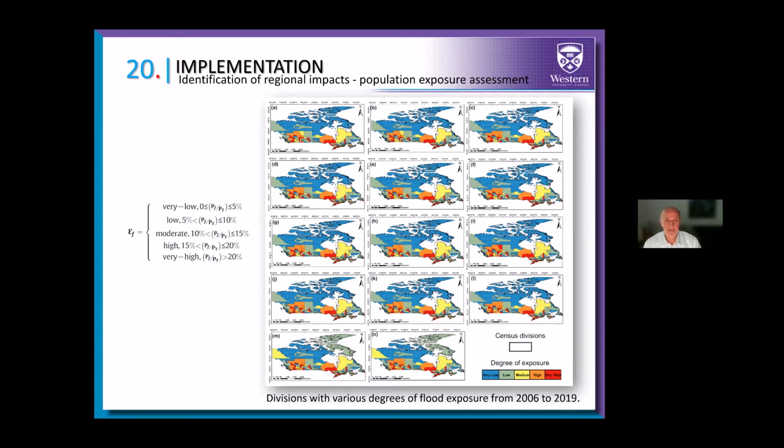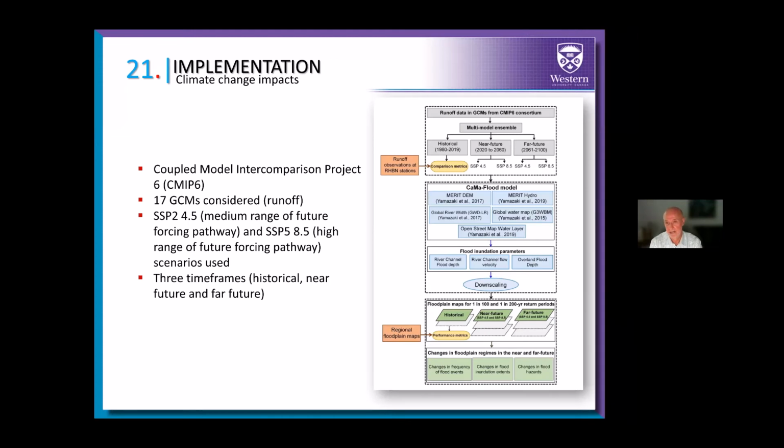And the third implementation, which I think is probably most significant because that was the focus of our work, was to look at the climate change impacts on flood hazard and flood inundation across the country. We utilized the most recent climate information. The input into this graph is very similar to the initial graph that I showed, but instead of using the observations or reanalysis input runoffs, we use the information generated by the global climate models, which are